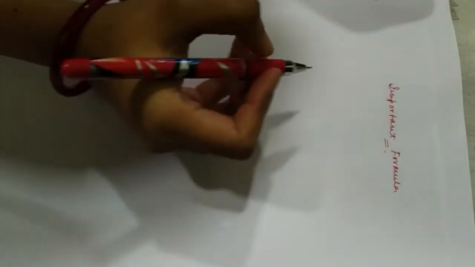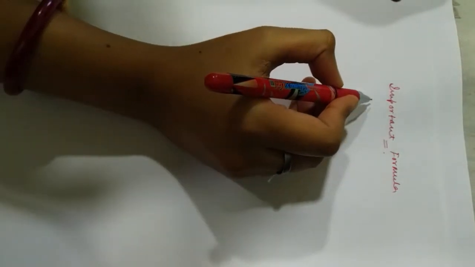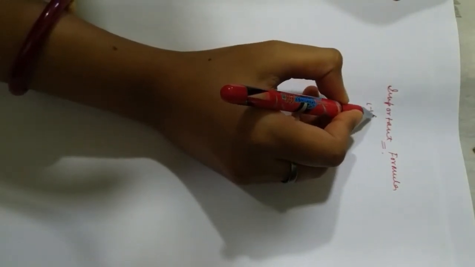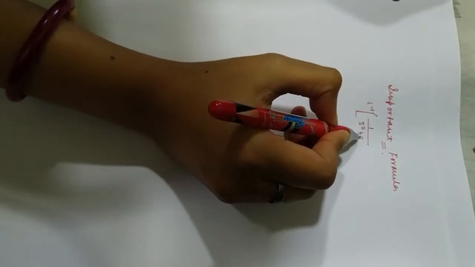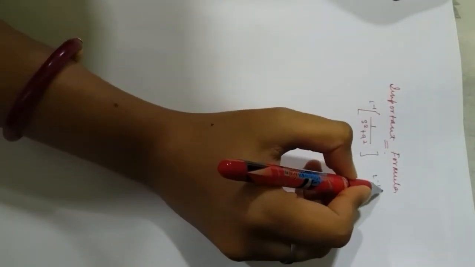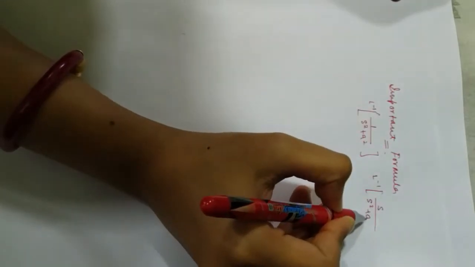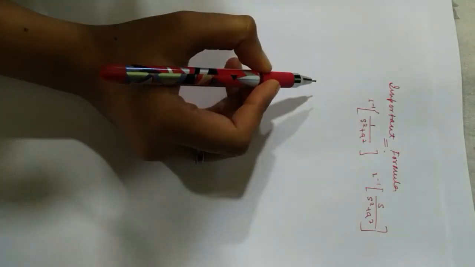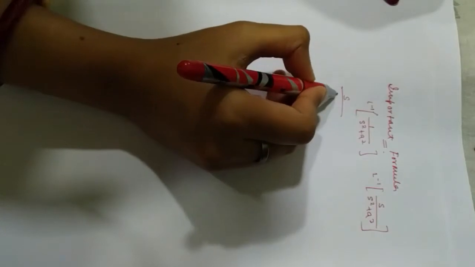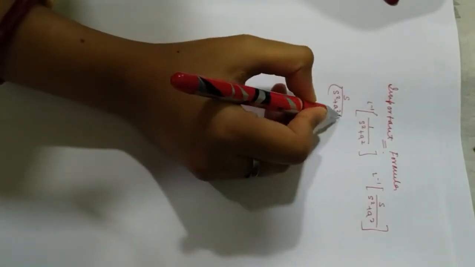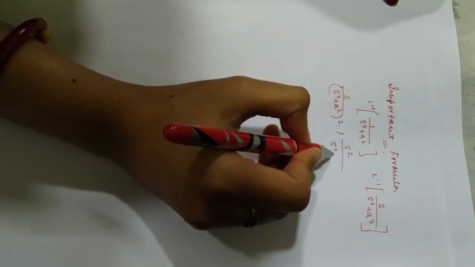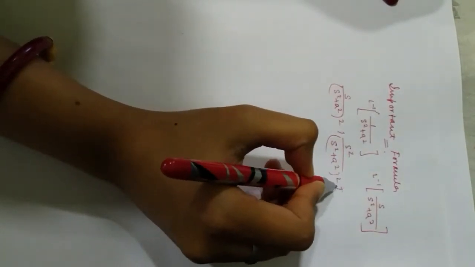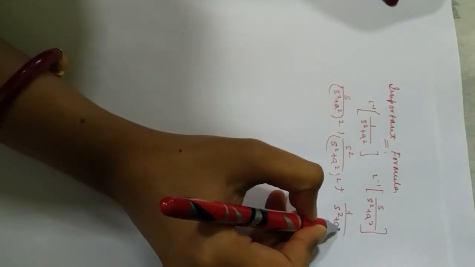Now, why do we require more formulas? The reason is we have encountered the inverse Laplace transform of forms like 1 by s square plus a square, or inverse Laplace transform of s by s square plus a square. These are known forms, and therefore we can very easily write the inverse Laplace transform when we encounter forms like this. But as we try to solve differential equations, we will encounter forms like this: s square plus a square whole square, or maybe a constant divided by it.